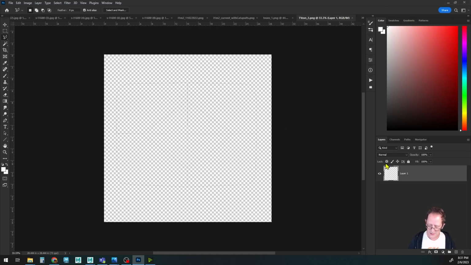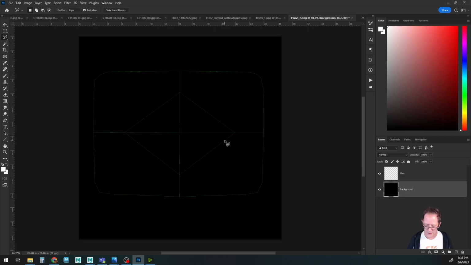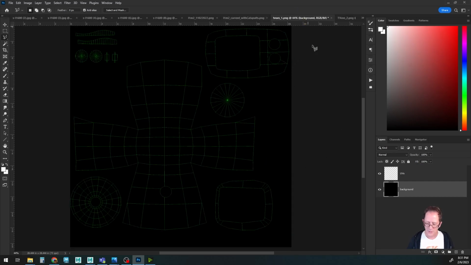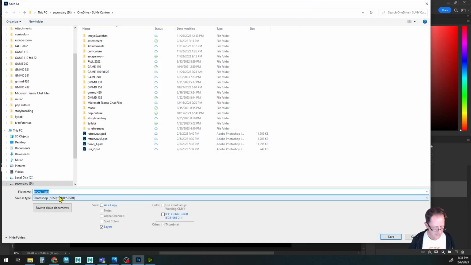And let's go to our second one. We're going to do the same thing. UVs, new layer with this little plus sign, move that underneath, change the name, background, and then fill that, Shift F5 with black, and there is our television. So now that we have a couple layers in there, Photoshop will always save it as a